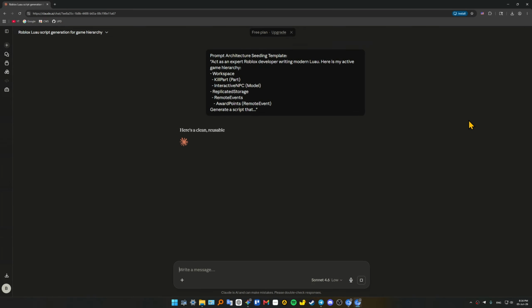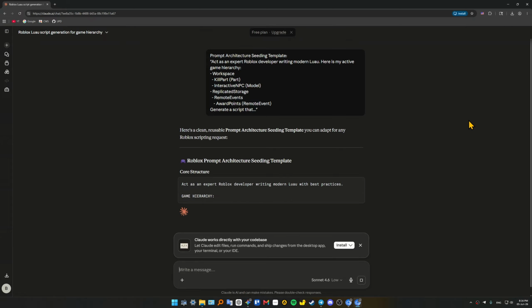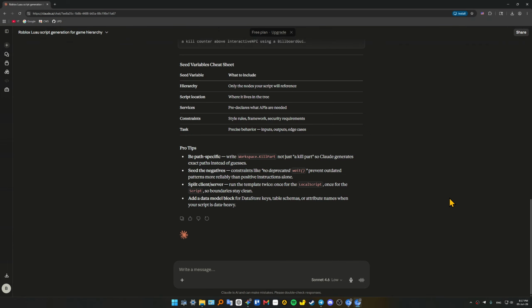After that, you can explicitly instruct Claude to append the strict performance header to your script. For example, you can instruct the AI to swap out ancient global commands like wait or delay for the modernized task library system. And then guys, copy the output code from Claude, add into Roblox Studio, drop a clean script